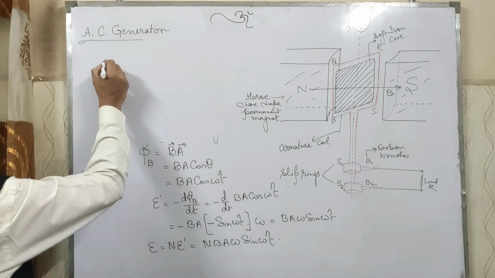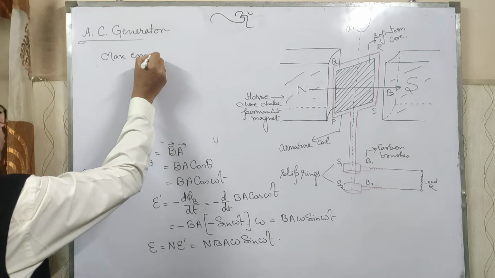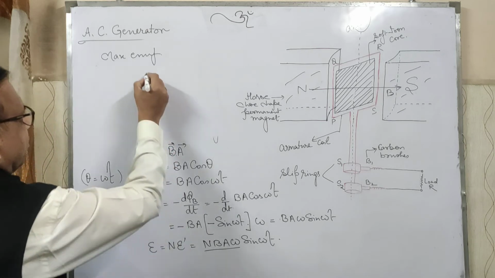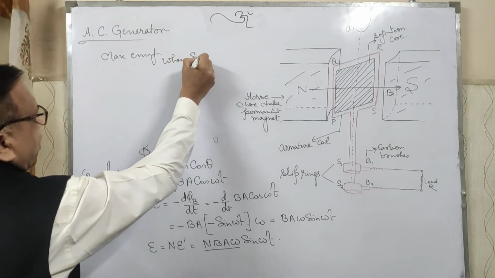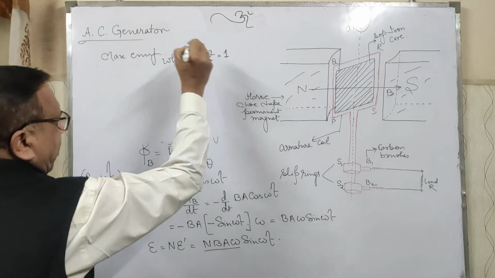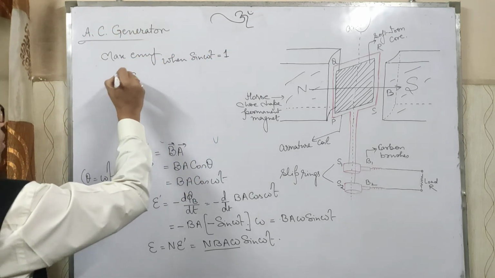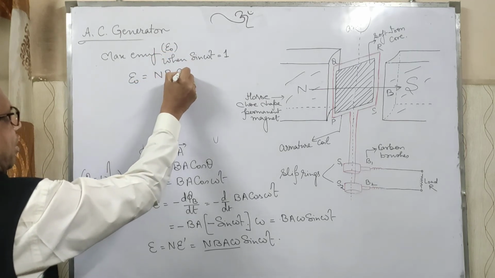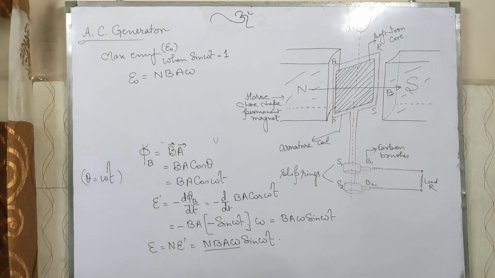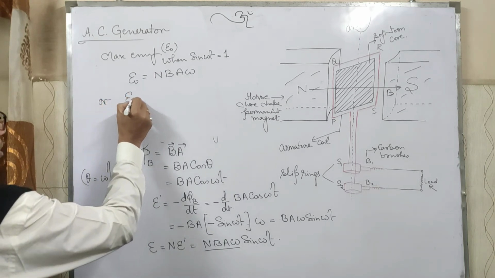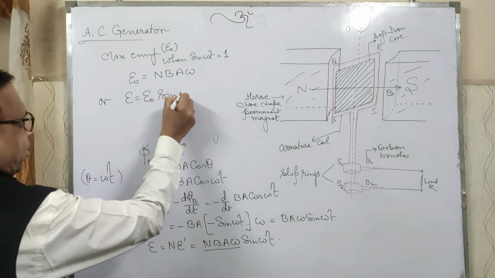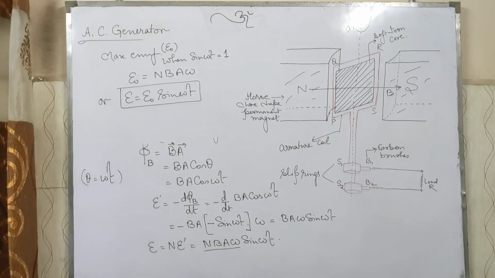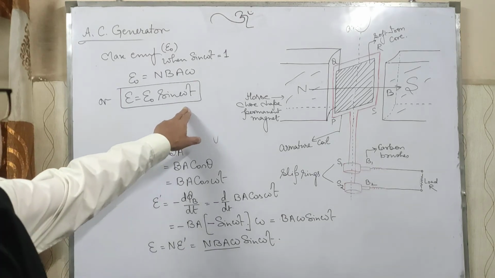So we can say, what is the maximum EMF generated? Because these all are constant, it will be when sin omega t is maximum, and the maximum value of sin omega t is 1. So what will E naught be? Maximum EMF E naught is equal to n B A omega, or we can write the equation E is equal to E naught sin omega t. It is an equation of alternating EMF.